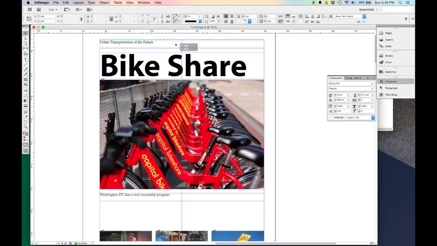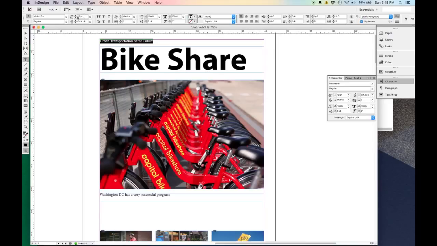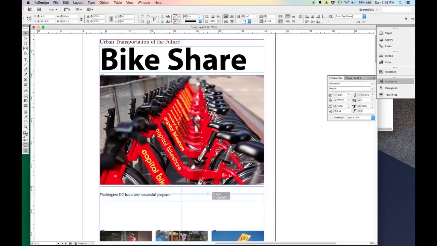So I'm just going to tweak a couple things, bring this up here. I'm going to grab this handle here, make it a little smaller. I'm going to pull up this bike share. You know, maybe this text I actually want to make a little bit bigger, so I'm going to select it. Let's say I'm going to make it 18. Okay, pull this image up, pull this one up. And you'll see, as indicated by those two green arrows that show up,